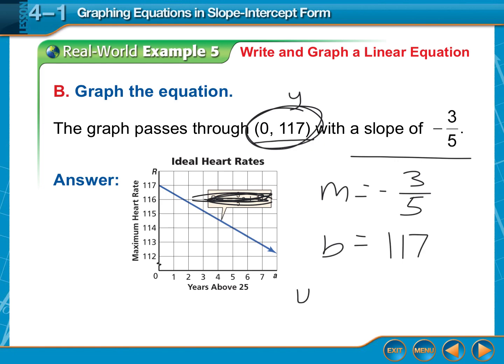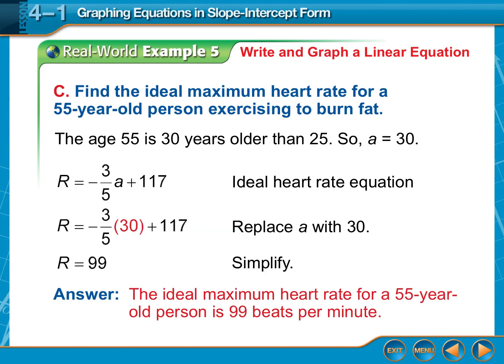Okay, so if we wrote this as an equation, how would I write it? Negative 3 over 5 x plus 117. Good. Questions over this stuff? Kind of a review. Okay, what if it